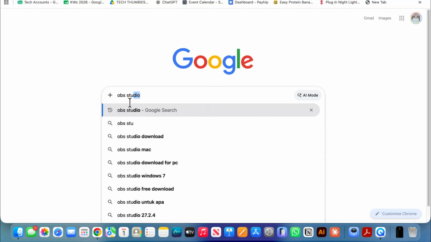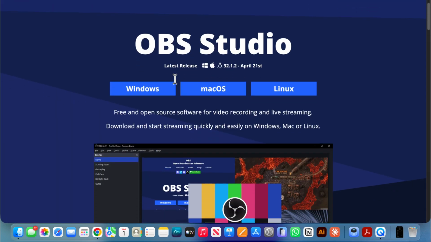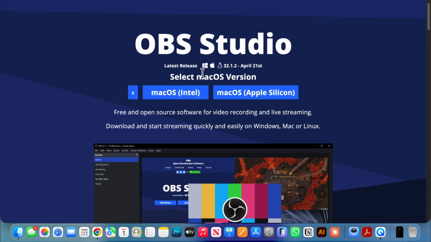In the search box, type in OBS Studio and press search. Now click on the top website, which is obsproject.com, and then you'll need to scroll down and select your operating system. So because we're on a MacBook, we're going to select Mac OS, and then you need to select your